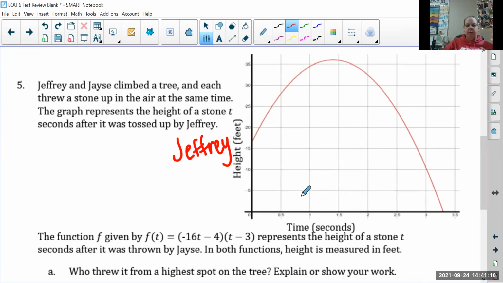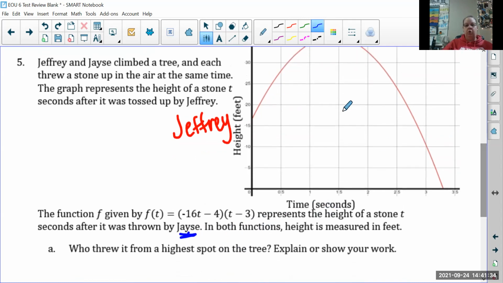And then the function f given by f of t equals negative 16t minus 4 times the quantity t minus 3 represents the height of a stone t seconds after it was thrown by Jace. So Jace is the function down here. And for both, the height is measured in feet. For question A, it says who threw it from the highest spot on the tree. Looking at Jeffrey's graph, we're looking at where he threw it at 0 seconds. This means he was up in the tree and that was the exact second that he threw it. So he threw it from about 16, 17 feet,